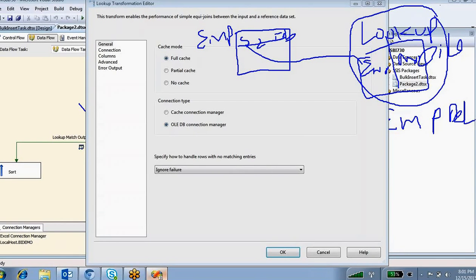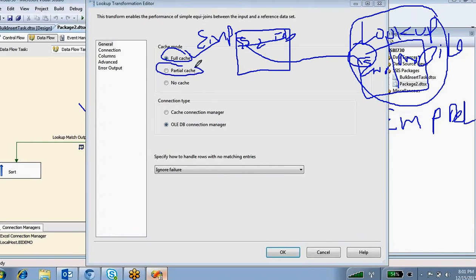So it takes the entire data one time from the database and keeps it in SSIS memory. Then it can compare the source data's employee number with the lookup table's employee number. This is the full cache.